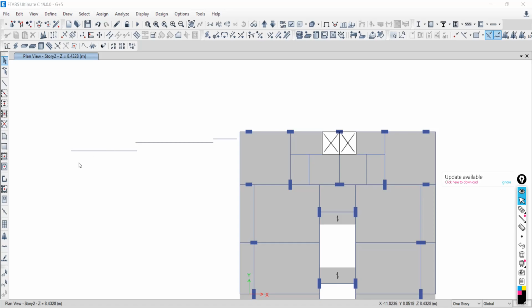But before that, if you take your cursor at any point here, I want to find out the ordinate of this point. What is the ordinate? It means X and Y. Where will you get the ordinate of this point? That ordinate will be available here on this point and this point. Place the cursor at your required node, required point. So what is the ordinate of this point?